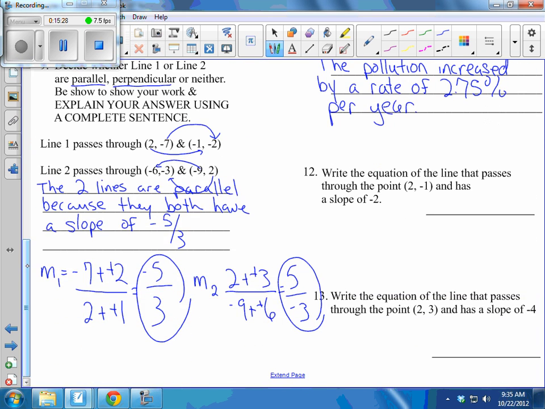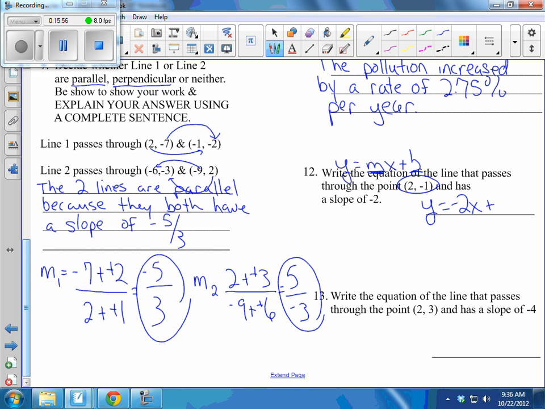Number 12, write the equation of the line. So remember, that means you need to come up with y equals mx plus b. Specifically, you need the m and the b of the line that passes through the point (2, -1) and has a slope of -2. So you already have half your answer. It's y equals -2x. And again, as I pointed out in class, the common mistake is we want to make the -1 in our point be the b,